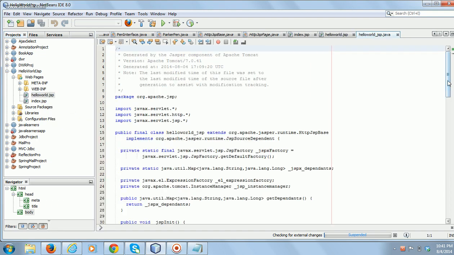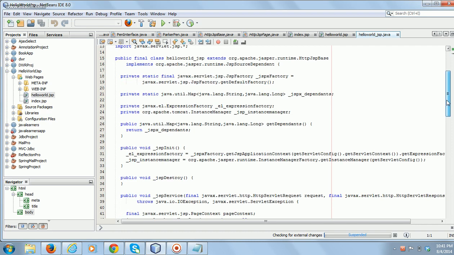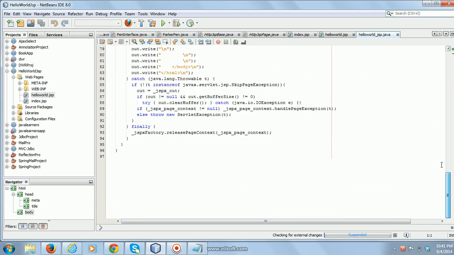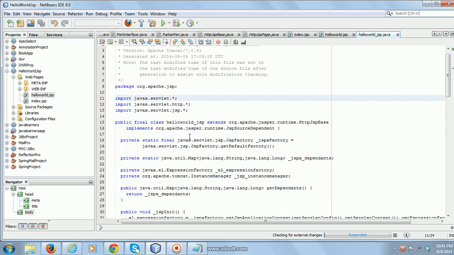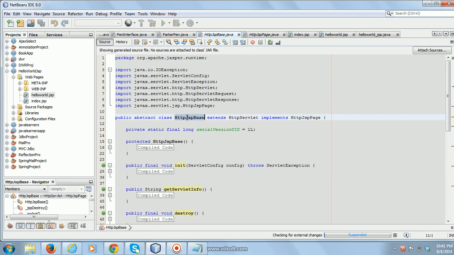Can you see? This JSP page extends HttpJspBase. You know that every servlet extends HttpServlet, right? But here it is extending HttpJspBase. If you click on this, you can see that the HttpJspBase class extends HttpServlet.